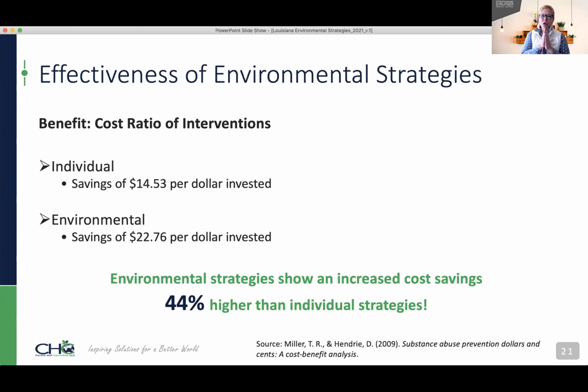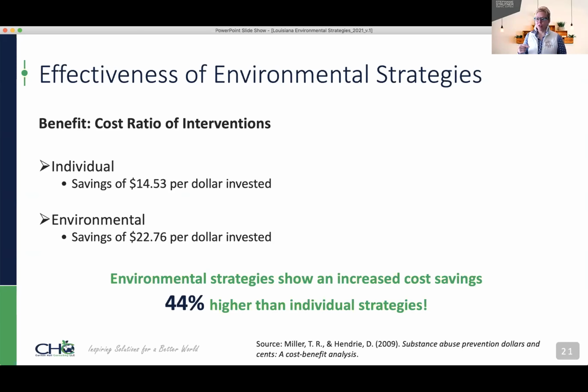Environmental strategies, though, save $22.76 for every dollar we invest in environmental strategies for prevention. And that's 44% higher than individual strategies. And so we know that we get, pardon the expression, a bigger bang for our buck when we engage in environmental prevention strategies. I say this while also wanting to reiterate that those individual strategies, as we have just been